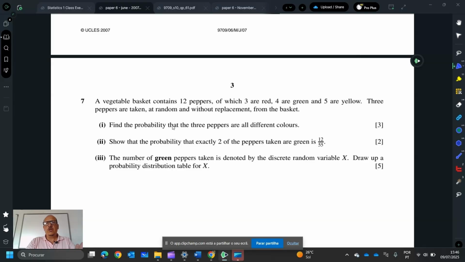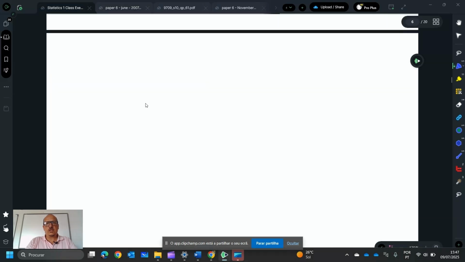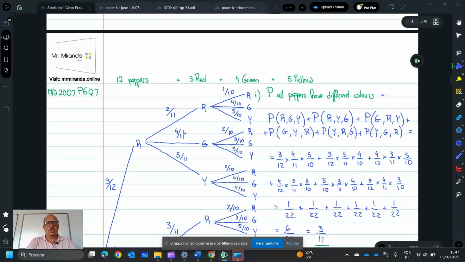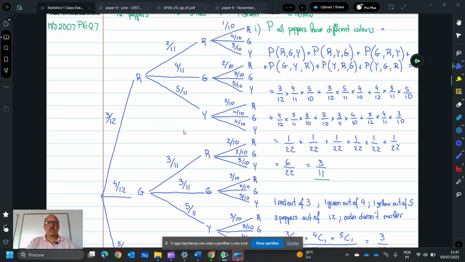All right, so you have 3 events. Each one of these corresponds to someone taking a pepper out of a basket that contains 12 peppers. So the best way for you to deal with this is to build a probability tree, okay? Up until 3 events, you can do it. It's not going to be the simpler probability tree, as you can see over here, but you can do it,